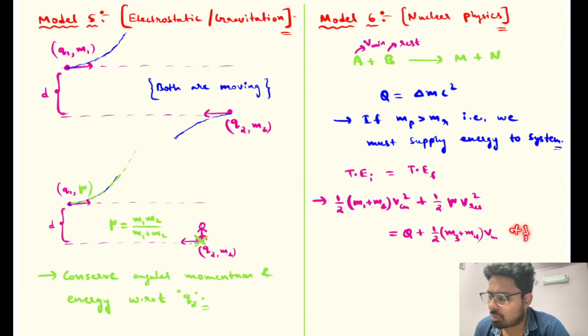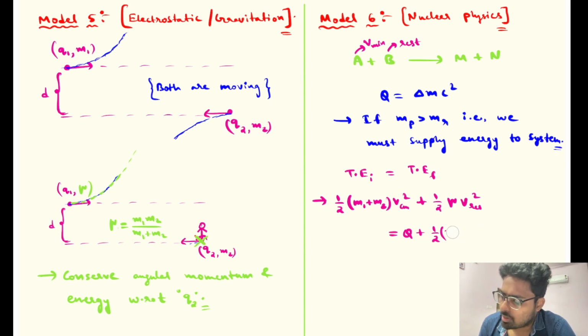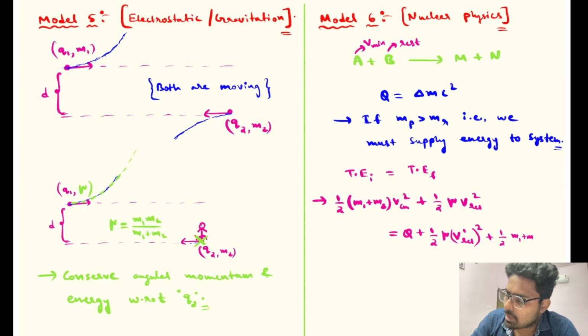Then half into mu into v relative dash square, let me write first the relative part. Not v relative square, v relative dash, since a different relative velocity will be there, plus half into the new mass (m3 plus m4) into vcm square. But the velocity of the center of mass will remain the same. Why? Because the net force acting on the system is